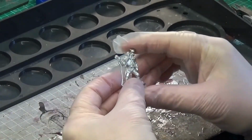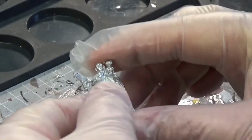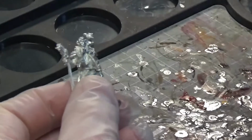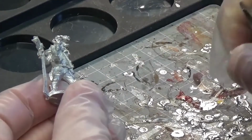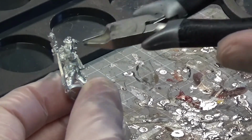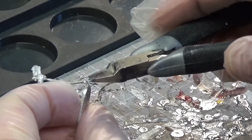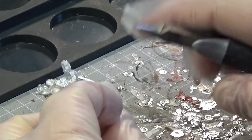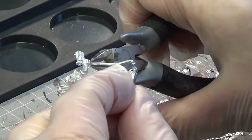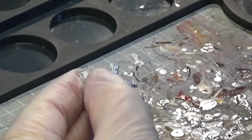But first of all, we're going to have a look at all the flash here and take off all the bits and pieces. Look around the model first, make sure you familiarize yourself with it. You don't want to be cutting off bits of flash that you think are flash and it's actually part of the model. So sometimes on a model you get a picture with them, so look at the picture or have a look online, see other pictures of the same model. I'm fairly confident that this big long line is a piece of flash, so I'm just going to get rid of that. Okay, so you go around the model, you cut off all the obvious bits like that,